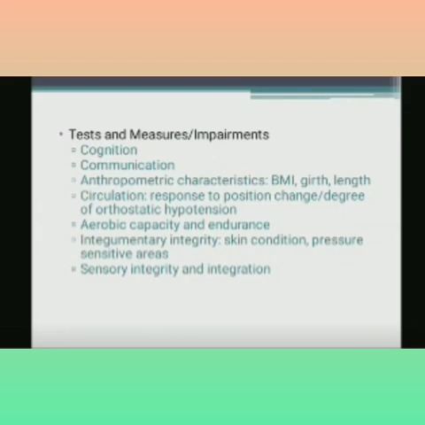Okay, coming back, you have to check the sensory integrity of the body. You have to check all the sensations, because there is a chance of sensory loss, or there may be altered sensations. Then you have to check the pain, the site of the pain, and how much the pain is. So the intensity and the location of the pain need to be known.